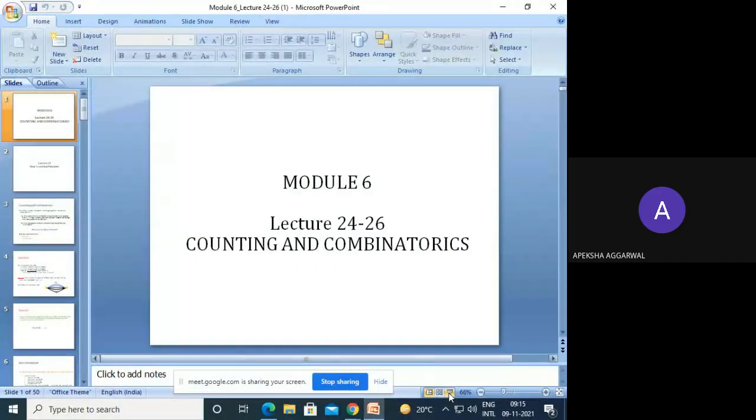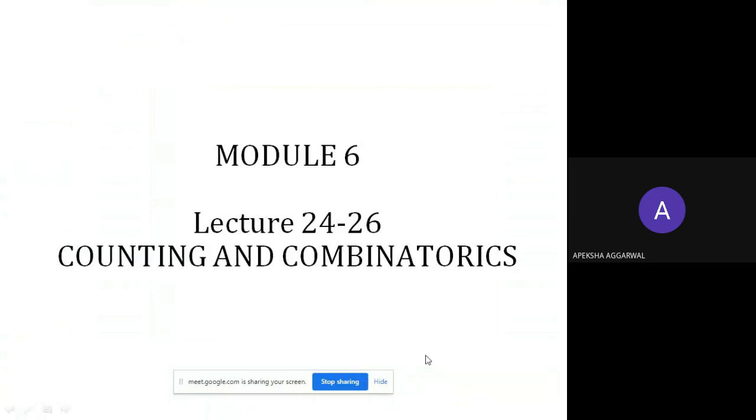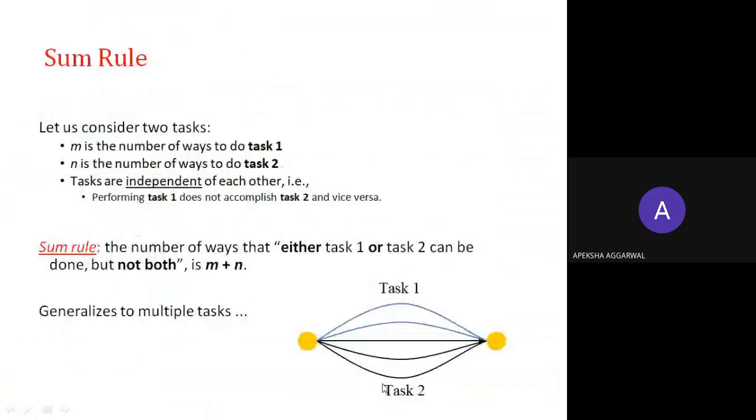Okay, so module 6. We had discussed the sum rule and product rule in the last class. So we have